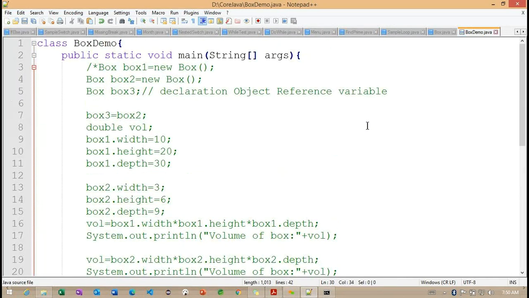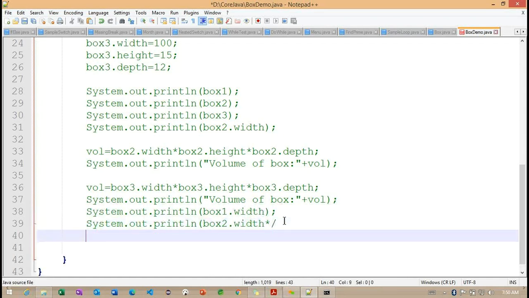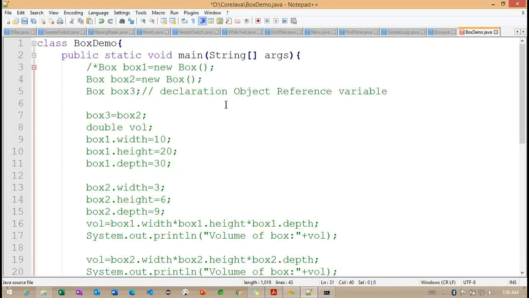Now I comment out all these sections, so we'll focus on what happened here. Now how can we call this volume method?